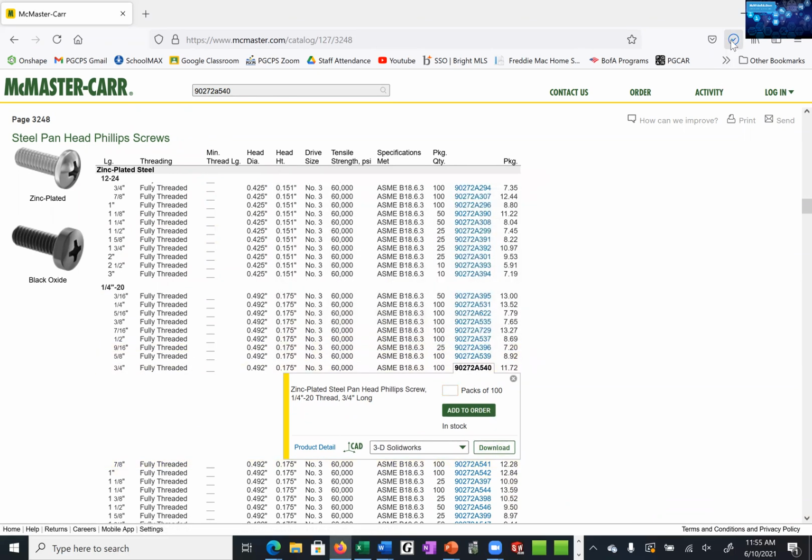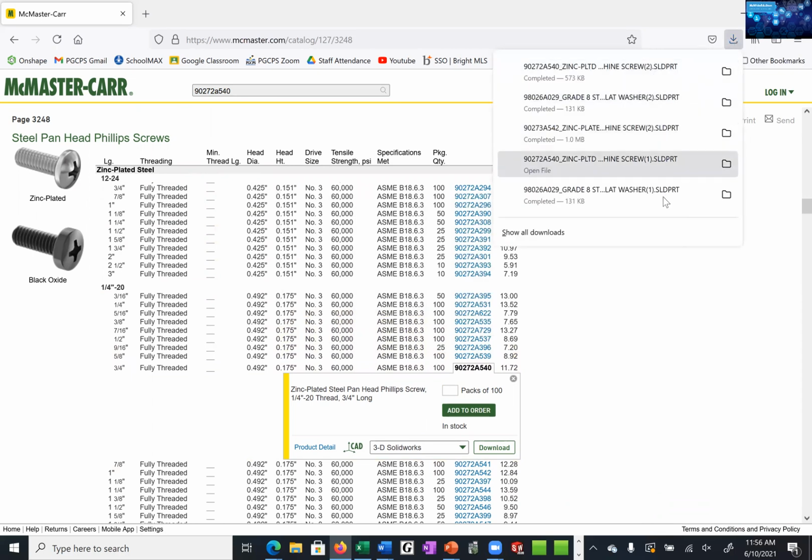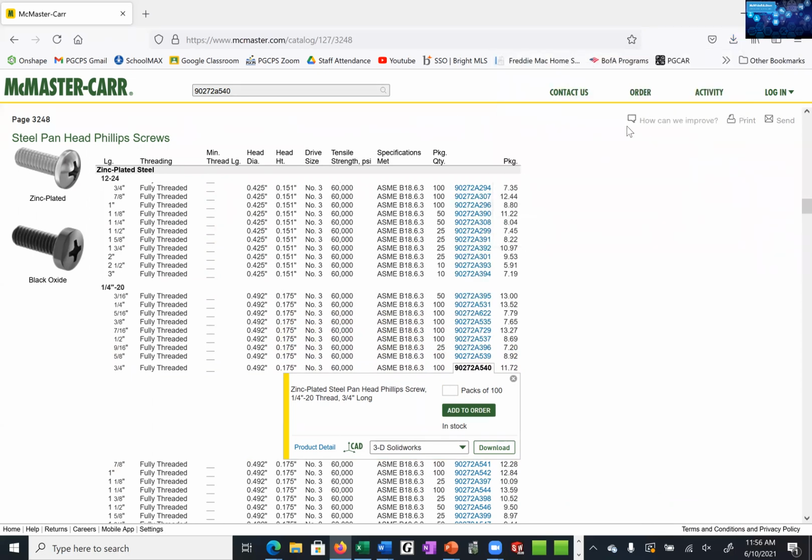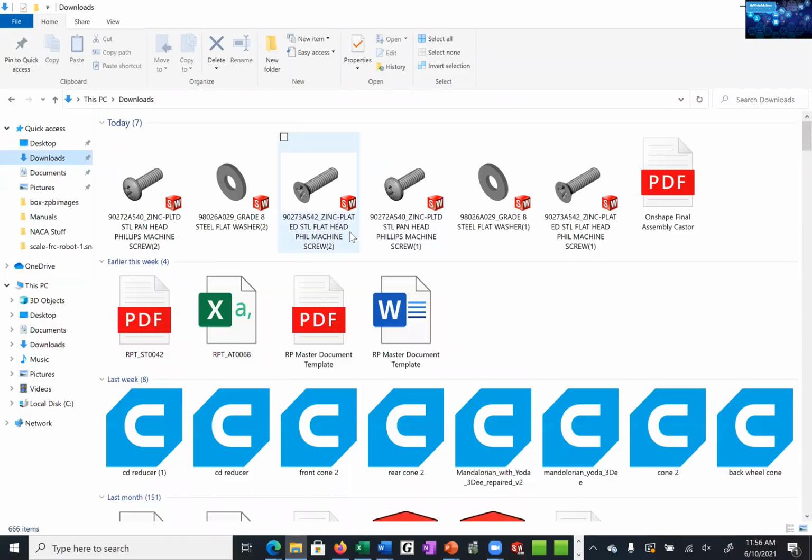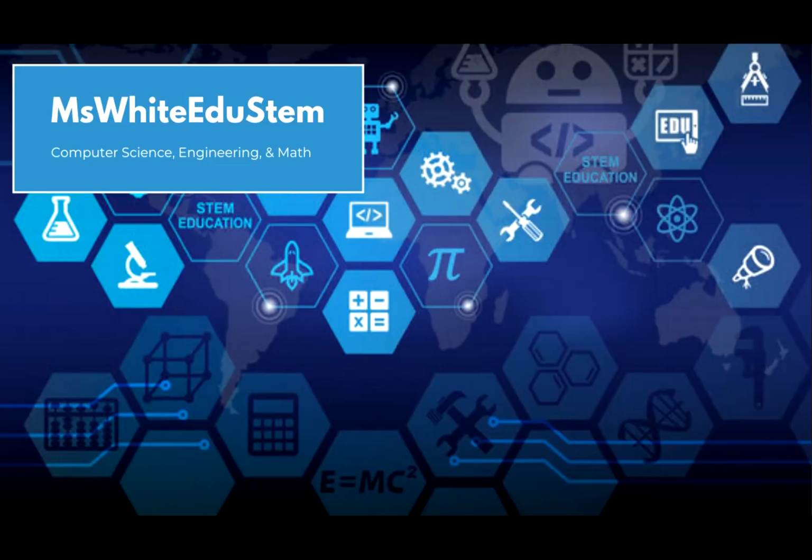And okay, and then you can see all of my downloads here. Okay, and you can also go into your files and then make sure that you see those downloads. So let me go to mine, let me go to my quick access downloads and let's pull that over. And you can see those items are downloaded right there. Okay, so that is it. If there are any questions, please